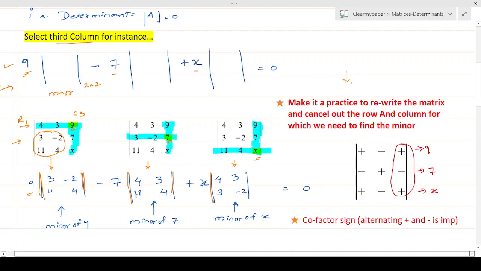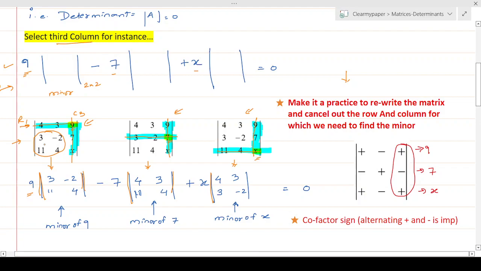And you see something here in red for making it important: always make it a practice of rewriting the given matrix or determinant in this format and crossing out the rows and the columns which you do not need for computing the determinant. That helps you avoid simple silly calculation mistakes, right? So always do this. That's why I've written it in red. Always rewrite the rows while computing the submatrix, cross them out, and just focus on the remaining elements.